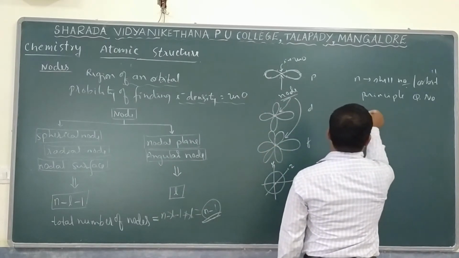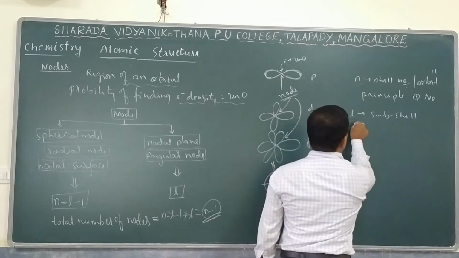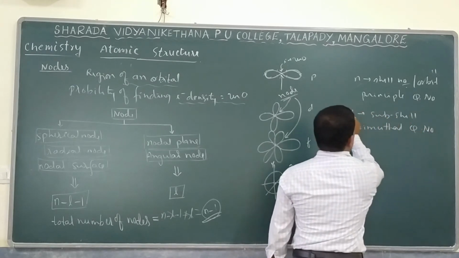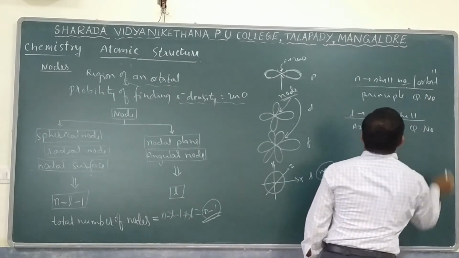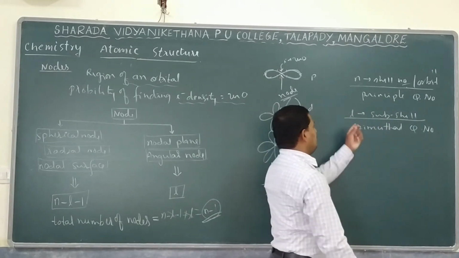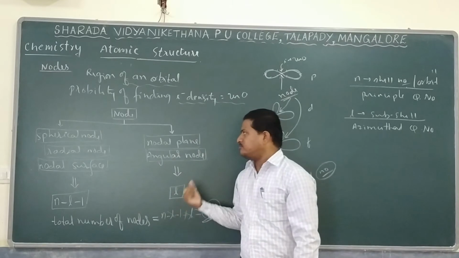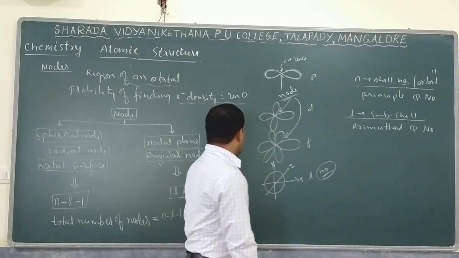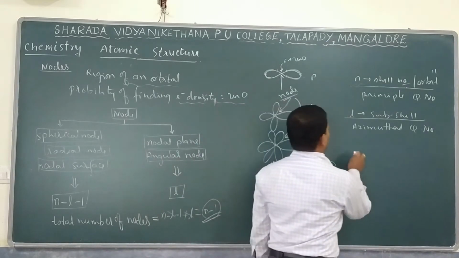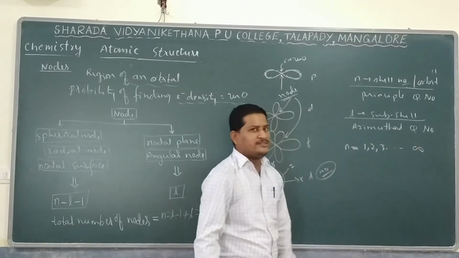But l stands for subshell. Remember, l stands for subshell, another name azimuthal quantum number. For the time being, this is enough. n stands for shell number or an orbit or energy level, and l stands for subshell. So if you use n and l values, then it is possible to find the number of spherical as well as radial nodes, and at the same time the angular nodes present. How to calculate? Remember this point, n value may be either 1, 2, 3 up to infinity. So far we use up to 7.